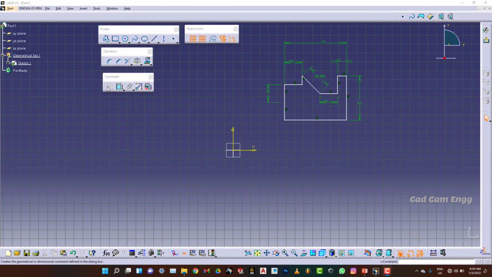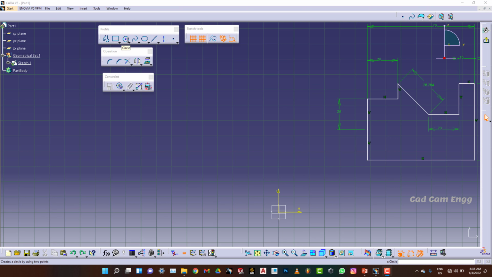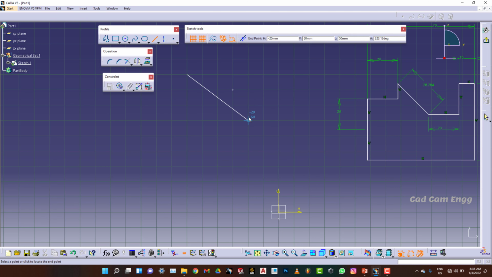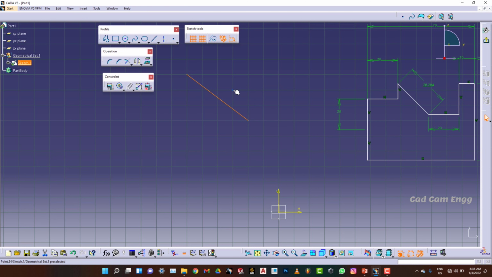The first tool is for opening the dialog box, and the second tool is for giving constraints. In the second tool another tool is also available, that is contact constraint. The contact constraint is used for connecting two surfaces or two lines. If you have a point here and a line here, and you want this line to contact this point, you have to select a contact constraint. Okay, and I selected this.